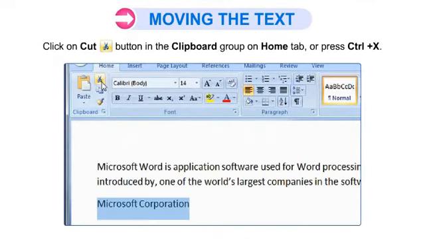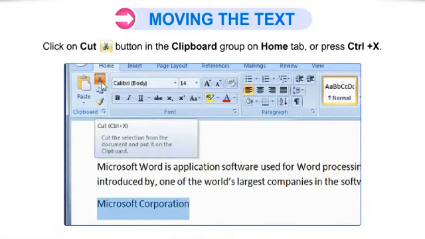Say for example, if you want to move a text from one place to another, then select the text. Click on the cut button in the clipboard group on the home tab, or press the shortcut key Ctrl X. If you press Ctrl X or the cut button, you can see the symbol.